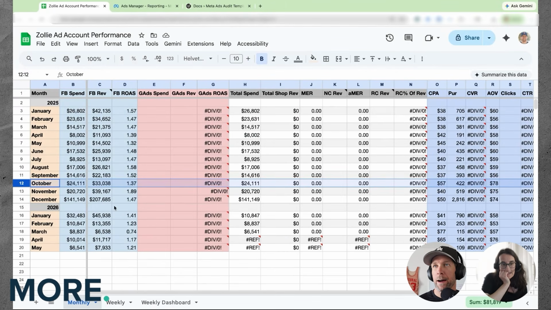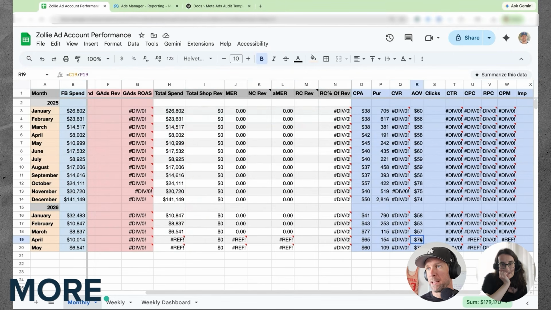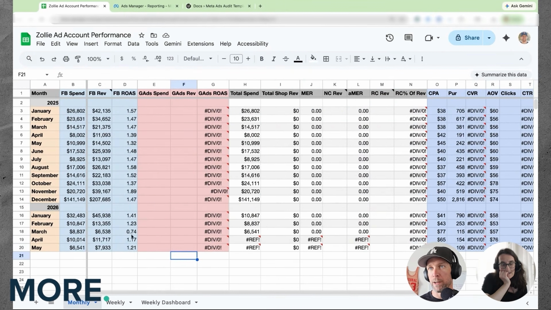But still, back here, your AOV was fine. It was lower, $60 or $56, and yet you weren't out of stock. So this definitely has helped you. You can see the recovery in the ROAS right here, and you even start to spend a little bit more. But okay, that's good to know. That gives me some sense of the business.